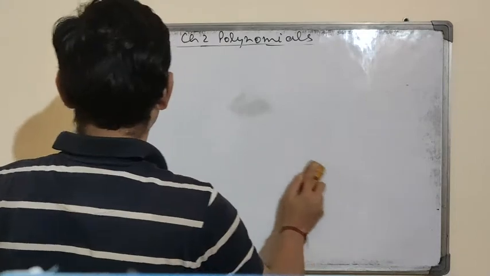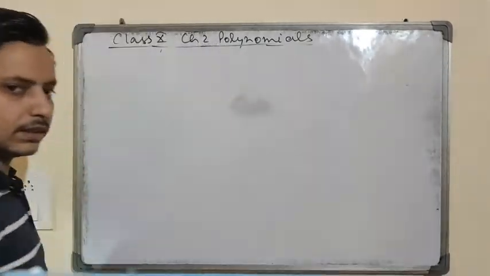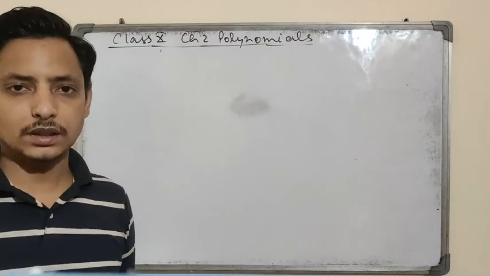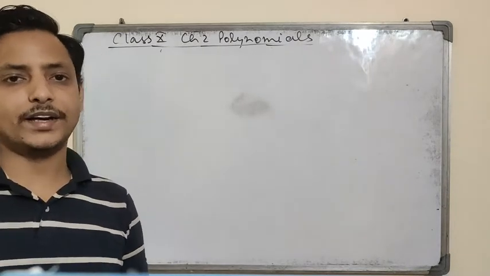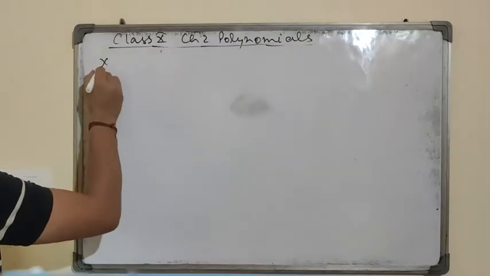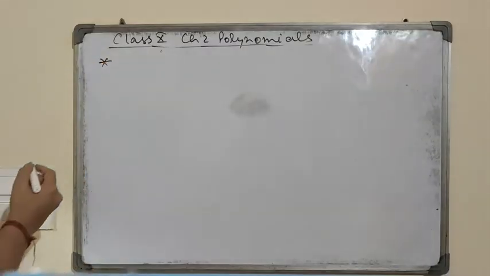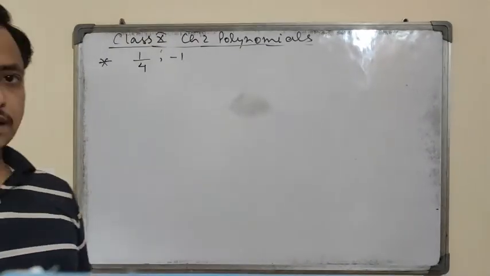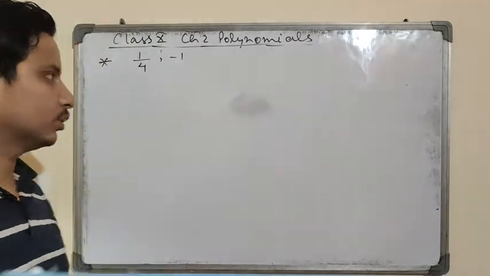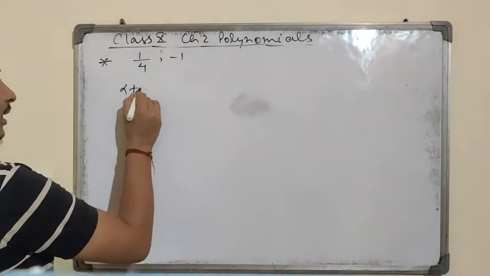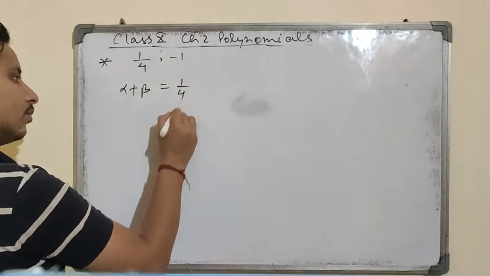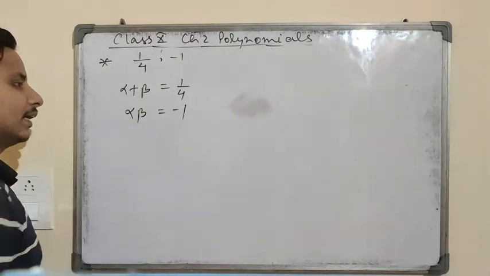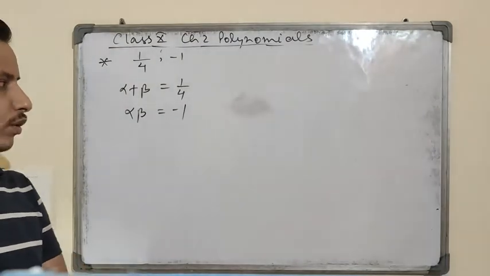यहाँ पे हम एक और क्वेश्चन डिस्कस करेंगे। If we are given the sum of zeros and product of the zeros, तो हमें क्वाड्रेटिक पॉलिनोमियल फाइंड करना है। तो उसके लिए हमें गिवन है, we are given that 1/4 और -1। 1/4 यानी सम ऑफ जीरोस, यानी अल्फा प्लस बीटा इज गिवन 1/4 and product of zeros is also given। Product of zeros क्या है, -1।